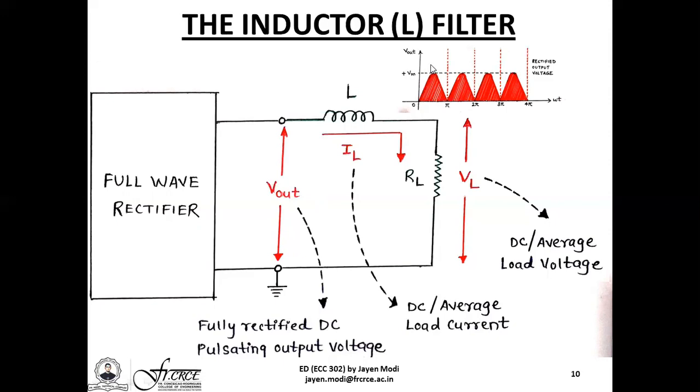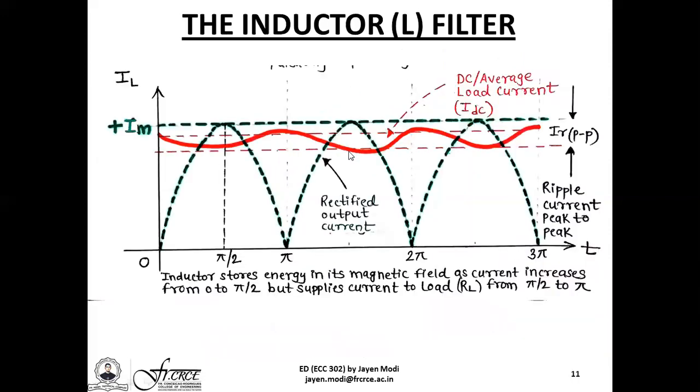So here we have the pulsating DC voltage applied to the inductor as well as the resistor RL. Now, if the voltage is pulsating, the current will also be pulsating. So the graph of the load current can be plotted as shown. Here you have IL as the load current as a function of time t. This is the maximum or the peak value of the current that is given as Im. This is nothing but the average or the DC load current given by the value IDC. And what we have is this graph in red. It actually shows the output load current, which is slightly pulsating in nature.